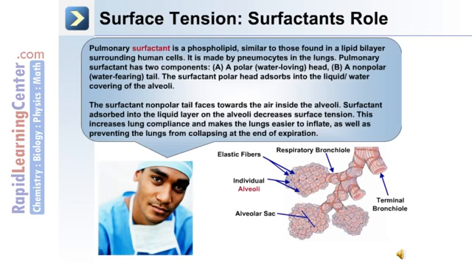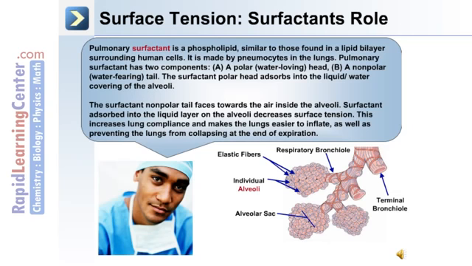The role of surfactant in surface tension. Pulmonary surfactant is a phospholipid similar to those found in a lipid bilayer surrounding cells. It's made by pneumocytes in the lungs, and it has two components: a polar, water-loving head and a nonpolar, water-fearing tail. The surfactant polar head absorbs into the liquid water covering of the alveoli, and the nonpolar tail faces towards the air inside the